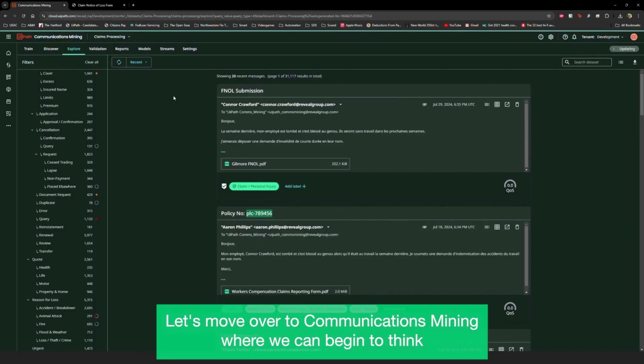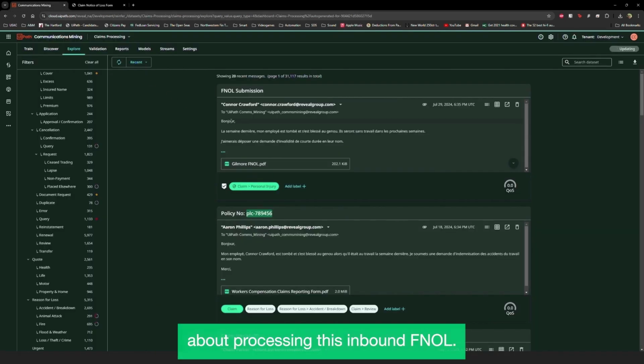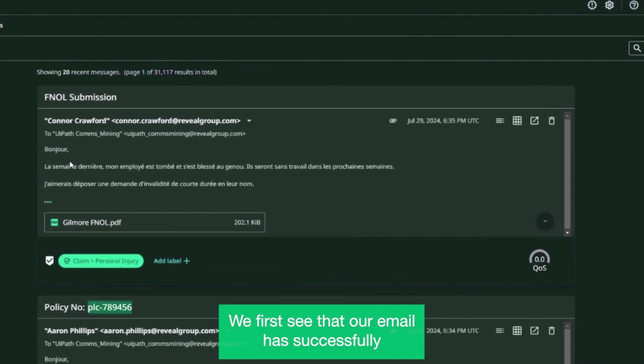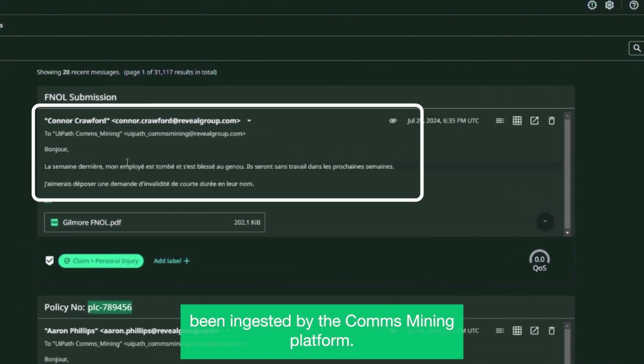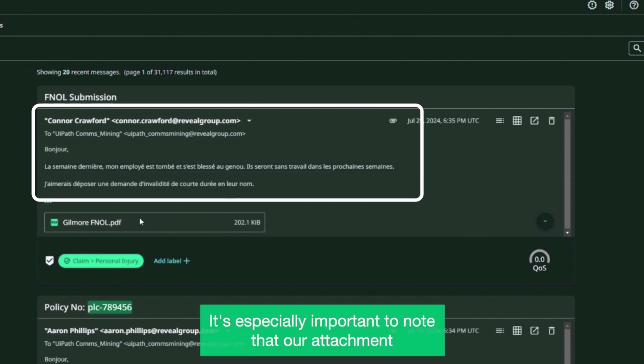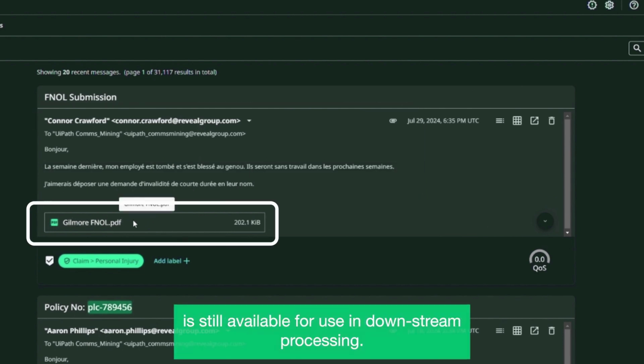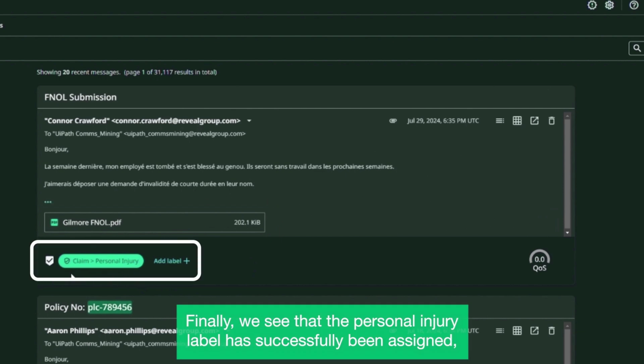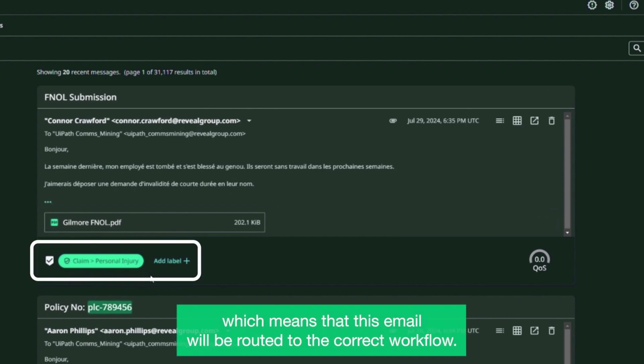Let's move over to Communications Mining, where we can begin to think about processing this inbound FNOL. We first see that our email has successfully been ingested by the Comms Mining platform. It's especially important to note that our attachment is still available for use in downstream processing. Finally, we see that the personal injury label has successfully been assigned, which means that this email will be routed